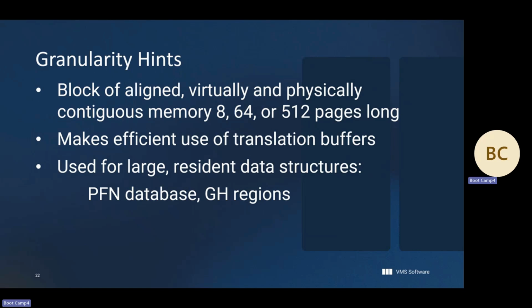And then when we're building the system's memory on boot, we can allocate larger spaces for the GH regions. And that helps with use of physical memory and virtual memory inside the exec. I am not aware of any use of these outside of the system, but I can't promise that there aren't any.